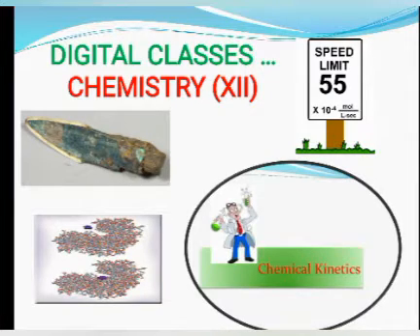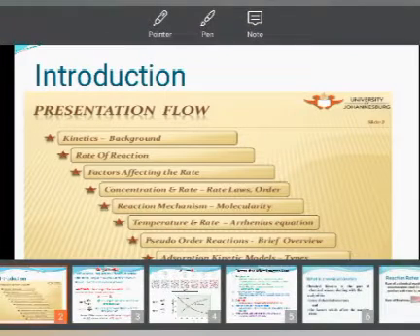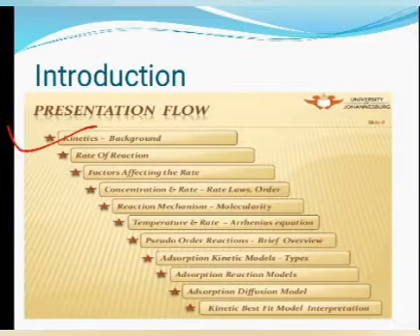This is a chemistry period and we are doing our chapter chemical kinetics. Already we have started this unit, so let's see what we have done. We have done the main definition of kinetics, and what is the meaning of kinetics. We did rate of reaction, in which we studied that it is the rate of disappearance of reactant and appearance of product at a given constant temperature and pressure.